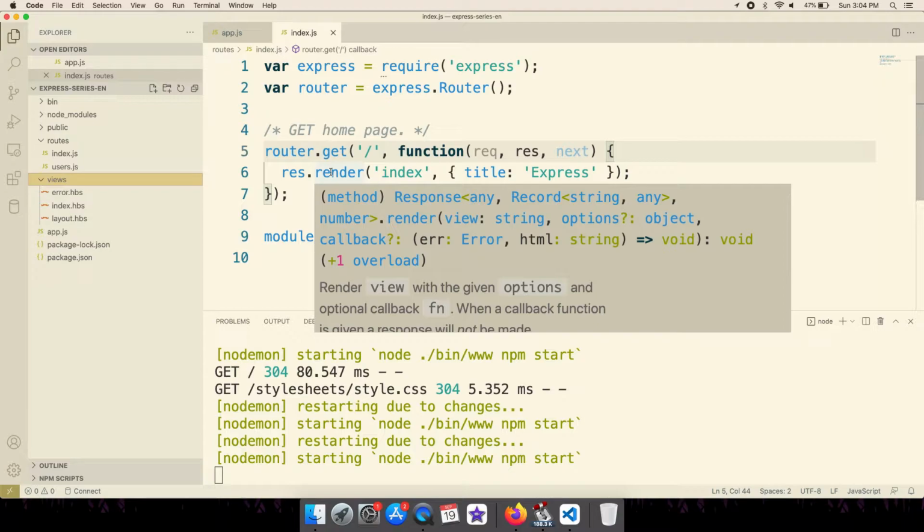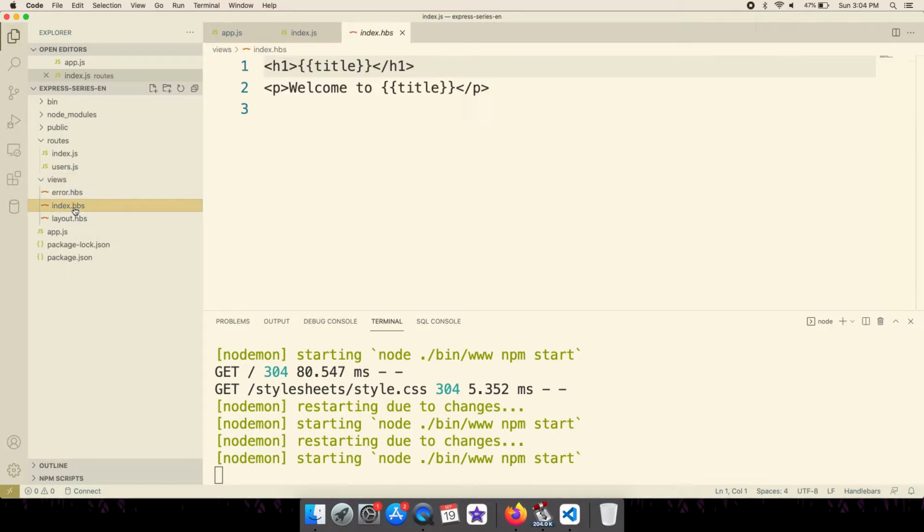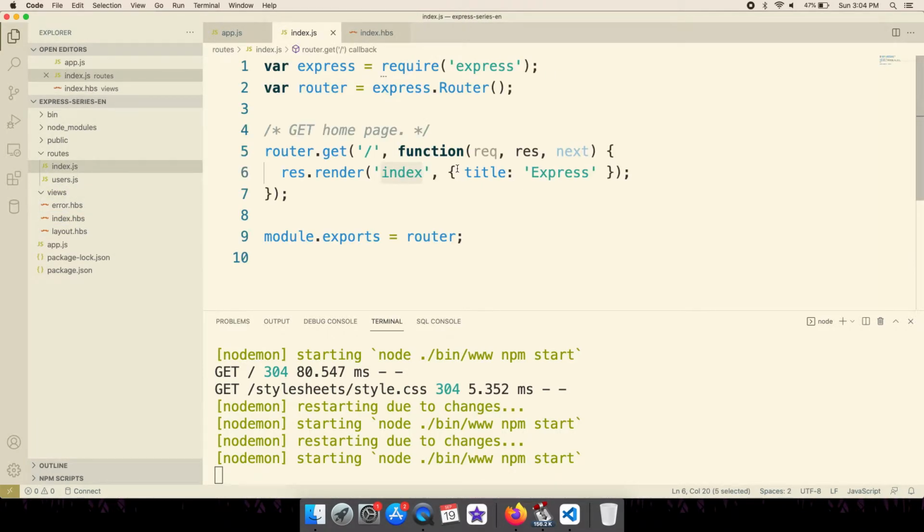It has basically two parameters, and the first parameter is the name of our template file, and here it is given as index, which will be loaded from views/index.hbs, as we are using Handlebars as our templating engine. And the second parameter is the data that we need to pass from our route to the HTML part.